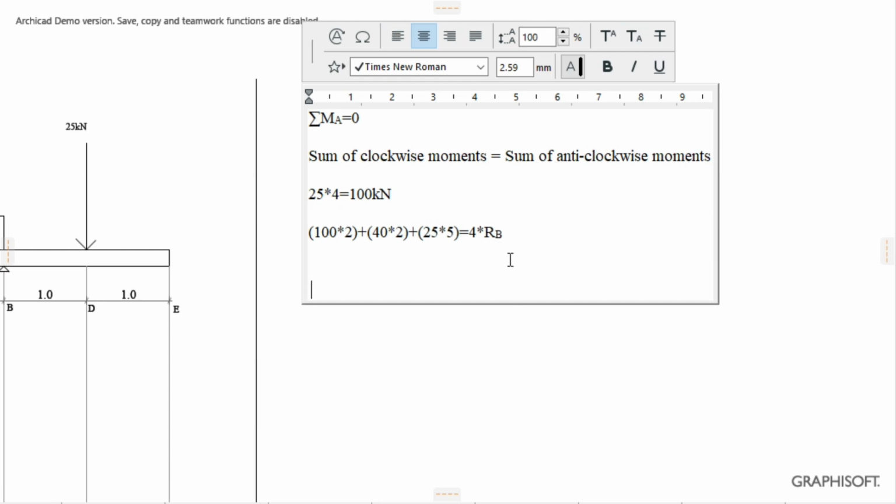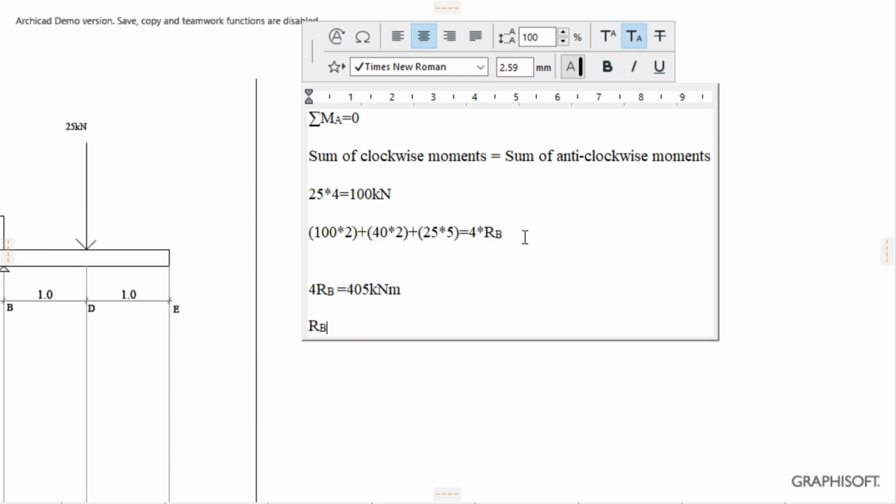This is equal to 4RB. So 4RB is therefore equal to 405 kilonewton meters. To get RB, you divide 405 by 4 to get 101.25